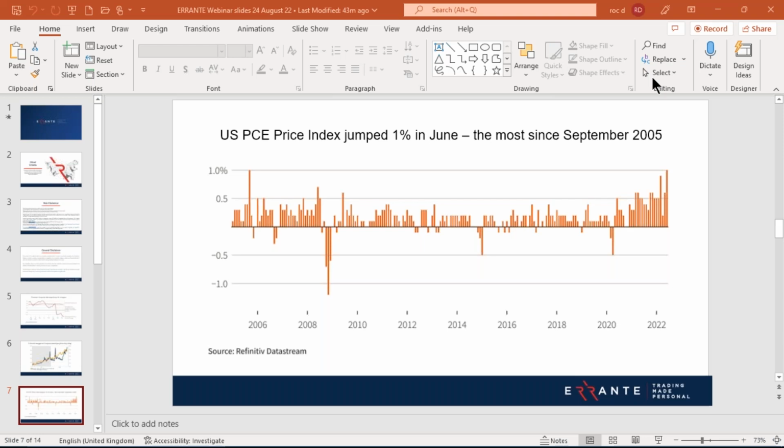So on to the focal point, of course, for this week, which is the Jackson Hole conference. That's really where central bank heavyweights, if you like, I think ECB President Lagarde and also Bank of England Governor Bailey are expected to attend. And of course, a lot of Fed officials as well as the Fed Chair Powell. But they gather from today through to Saturday. It's an annual symposium, annual conference